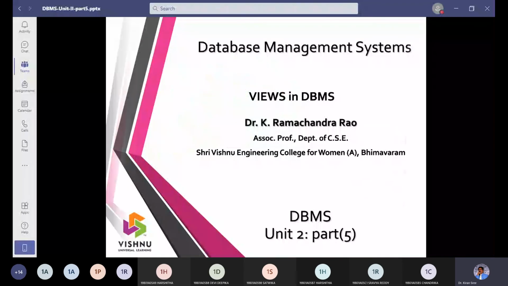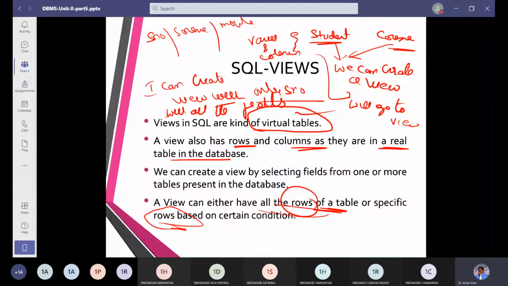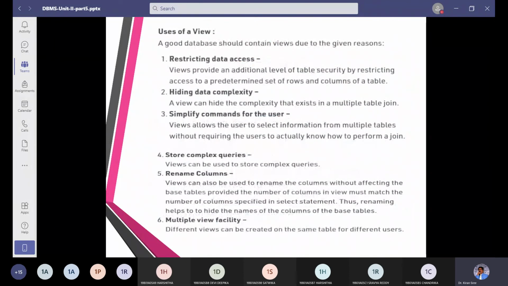So in today's discussion, we talked about view. A view is going to be a virtual table, and a view can have rows and columns from a real table. Assume students and course are two real tables. From students and from courses, we can borrow the rows or the columns. It need not be that all the rows should be borrowed. If there are 10 rows and in my view I need only 4 rows, only those 4 rows I can borrow. No need to borrow all the 10.